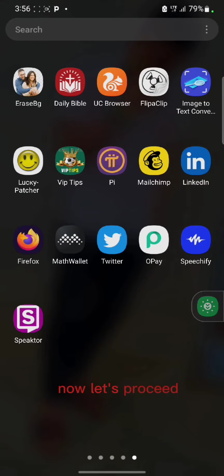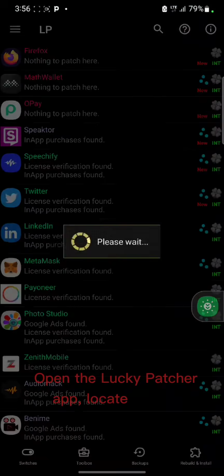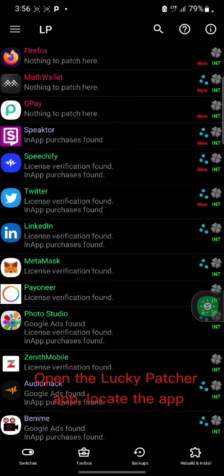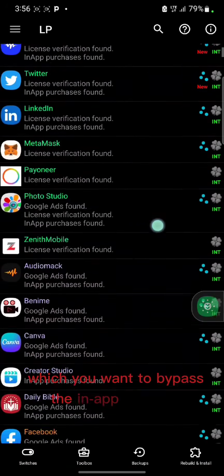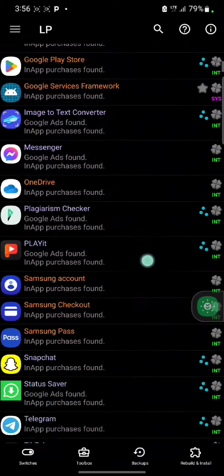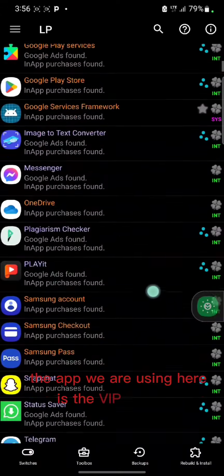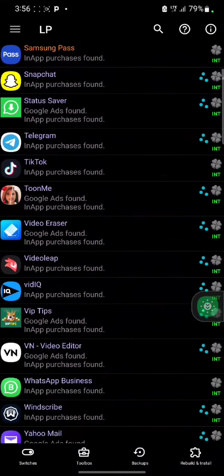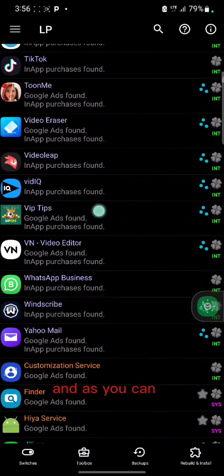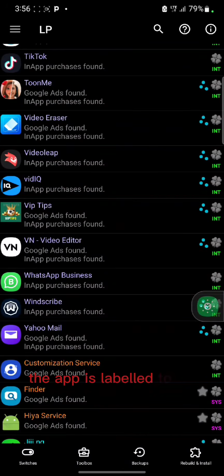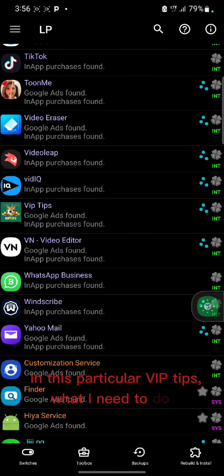Now let's proceed. To bypass the in-app purchase in this particular VIP Tips app, open the Lucky Patcher app and locate the app which I want to bypass the in-app purchase for. The app is VIP Tips. Here is the app, and as you can see, the app is labeled to have Google Ads and in-app purchases. Now, to bypass the in-app purchase in this particular VIP Tips app, what I need to do is click on